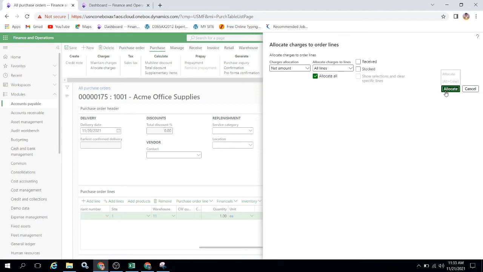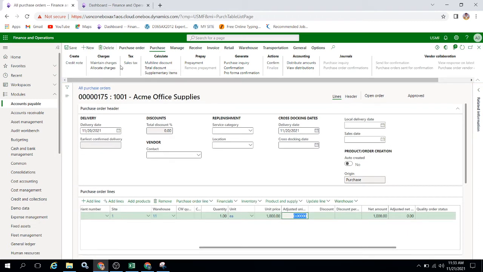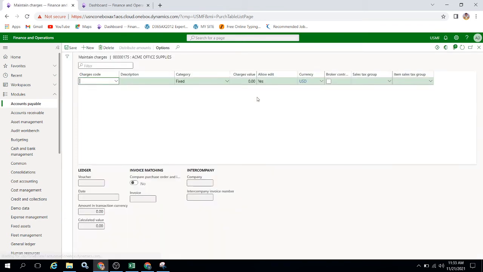Click on allocate. So there are no charges to allocate. For that, maintain charges. We need to provide the charge code for this purchase order. What is the charge code?